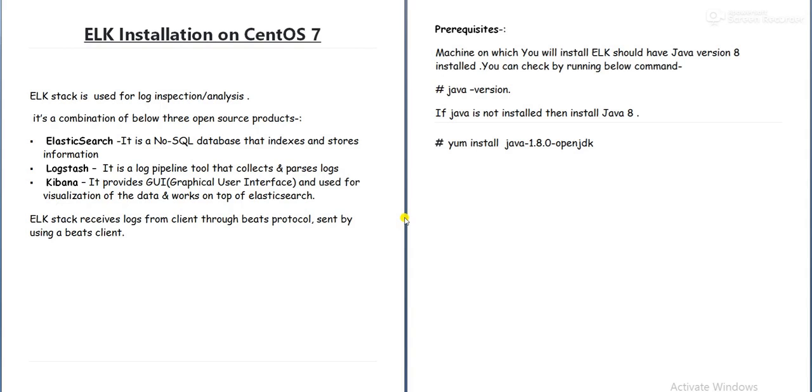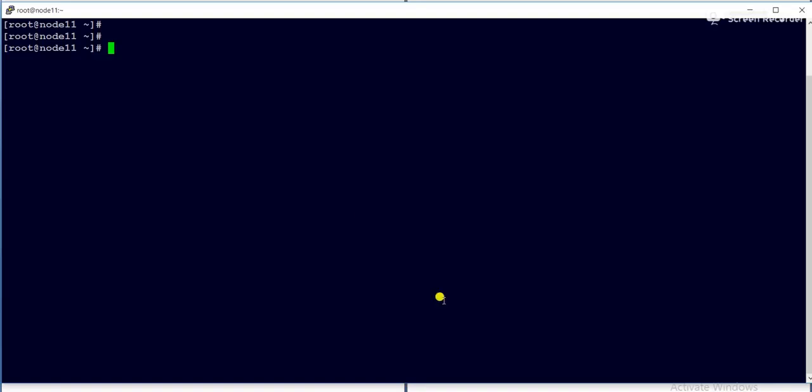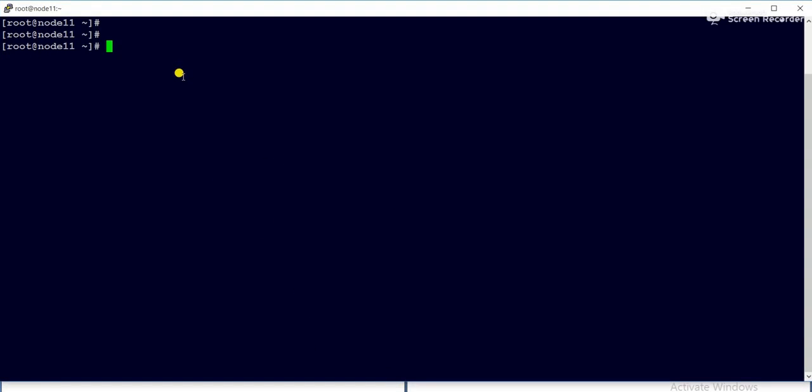So first is the prerequisite. What is the prerequisite? On the server, Java needs to be installed, Java 1.8. Let me check. This is my ELK server, where we are going to install the ELK.